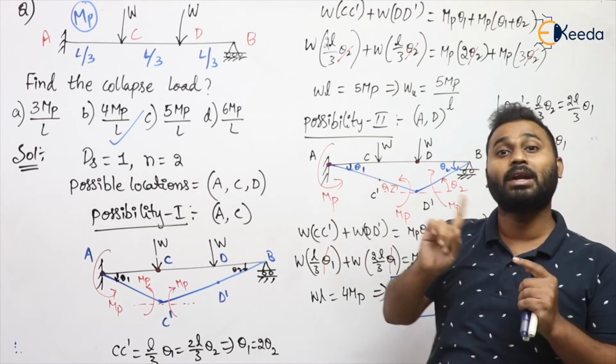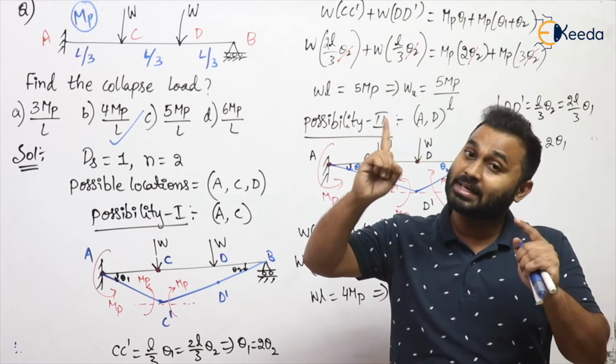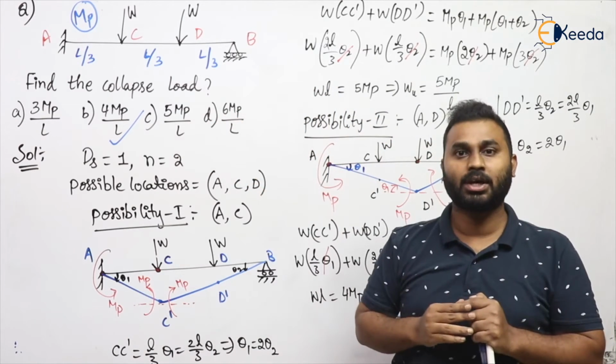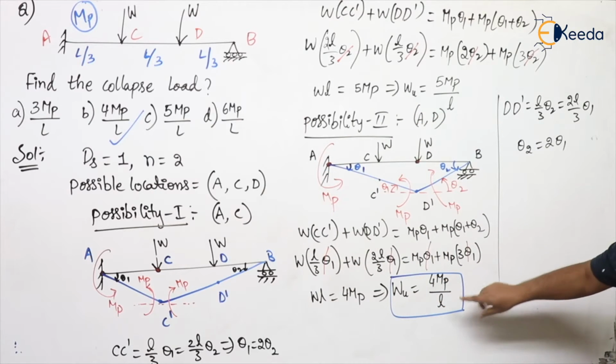If we assume formation of plastic hinges only under the point loads, what will happen? Let us see. Then you will realize for sure we need to assume one hinge will form at the fixed end. One plastic hinge will form at the fixed end always. Okay, you came to know that. So first you take it down. This is the question. The answer for this question is 4MP by L.